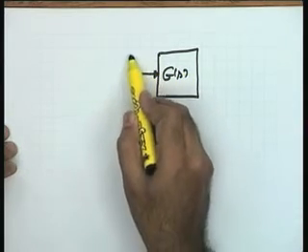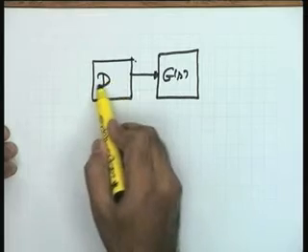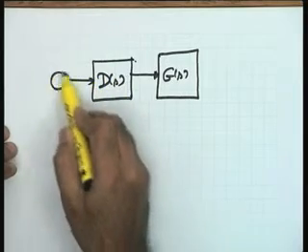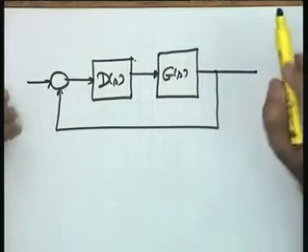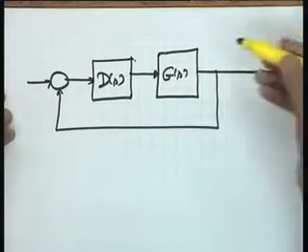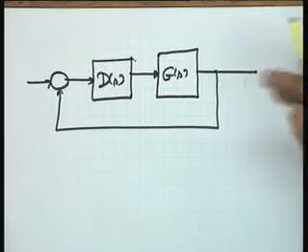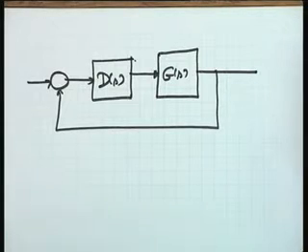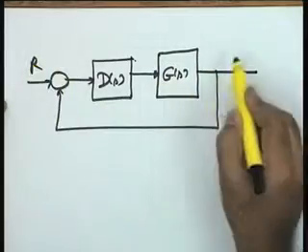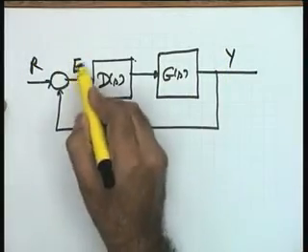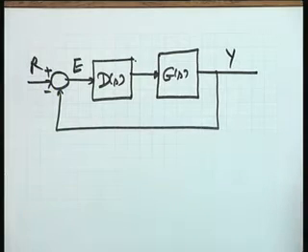G(s) is the plant model, and let me say D(s) is the controller in cascade, and I consider the steady state accuracy to standard reference input or command signal. Of course, if you have a disturbance signal, you can establish a block diagram between disturbance and the output and apply the basic steady state error relationship. There is no problem. But the standard results I am going to give you are between this command input, the output Y and the error E. It is your standard feedback system.